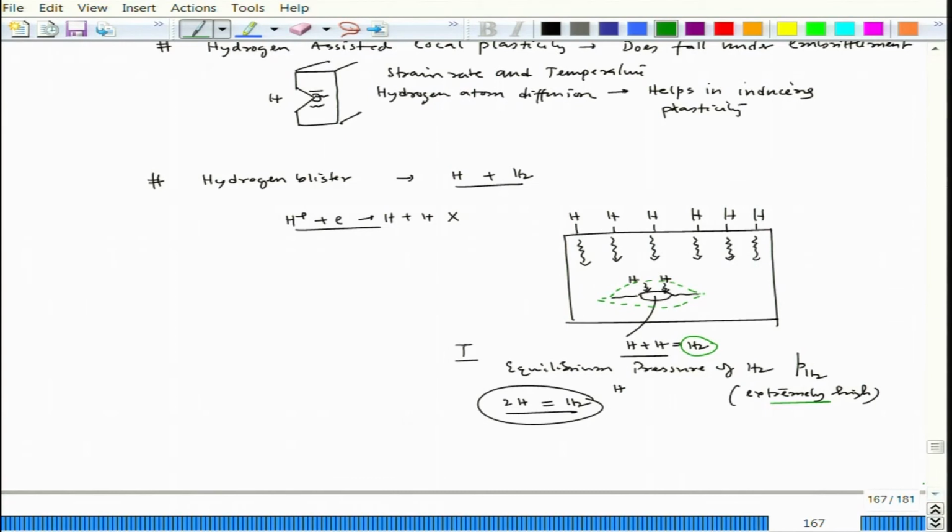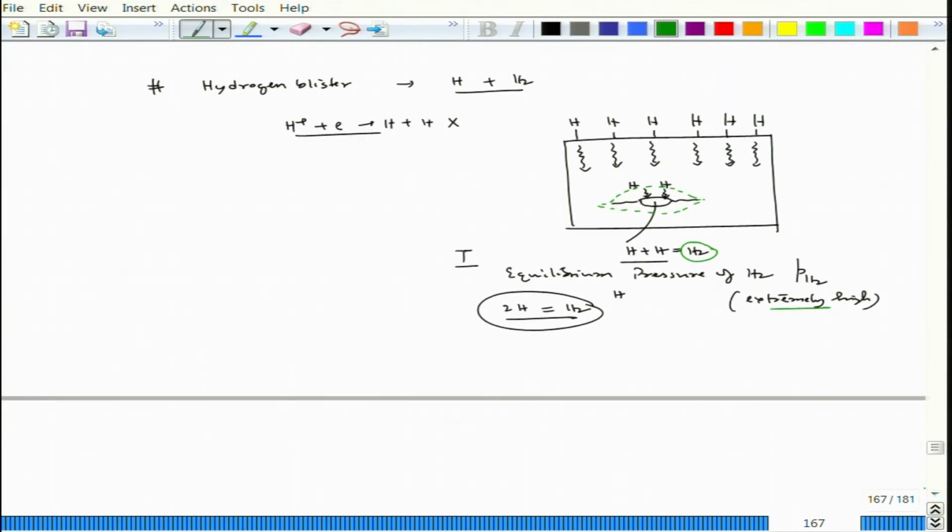So, you can see that it is a bit different from the previous three cases, where the stress is already there, either residual stress or applied stress. In this case, it is mostly not within applied stress or residual stress. Even if you start with a perfectly annealed one, this kind of failure happens, hydrogen blister happens, because of this extreme internal pressure buildup due to hydrogen gas inside a void. So, this is hydrogen blister.